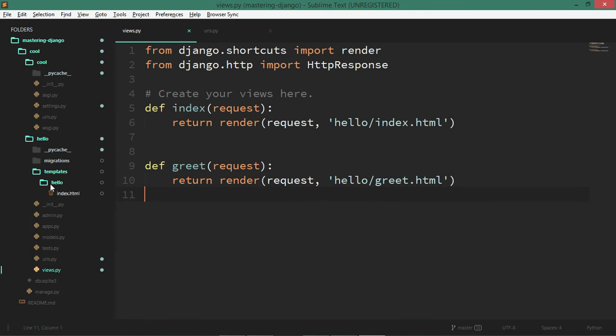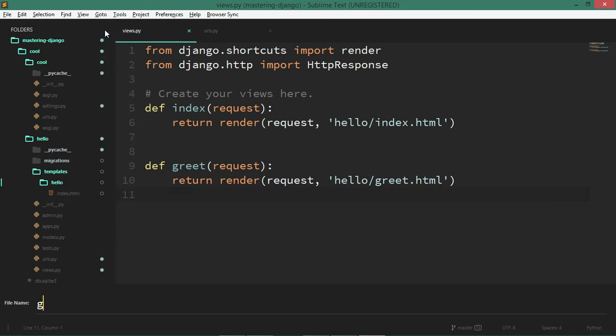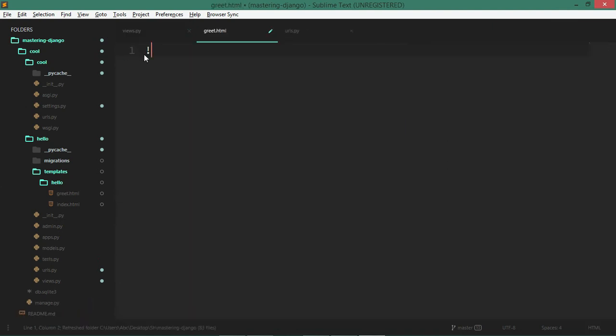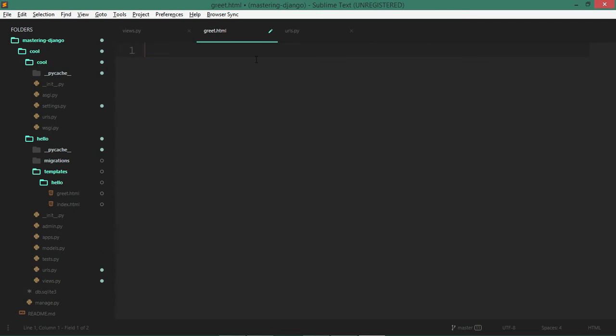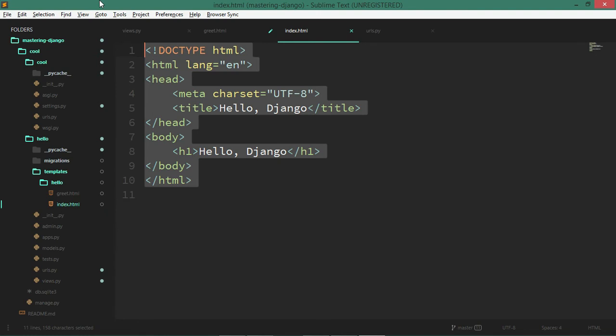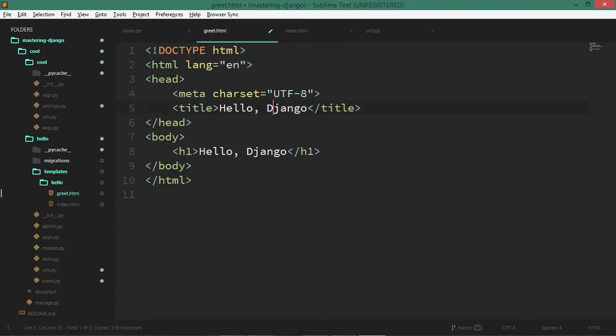How should I create it? Well, it's pretty simple. Just create a new file called greet.html. I just created that. And since I know that its layout will be pretty similar to my index, I'll just copy this thing, paste it out here, and instead of that, I can call it my name, or maybe I can say hello YouTube.